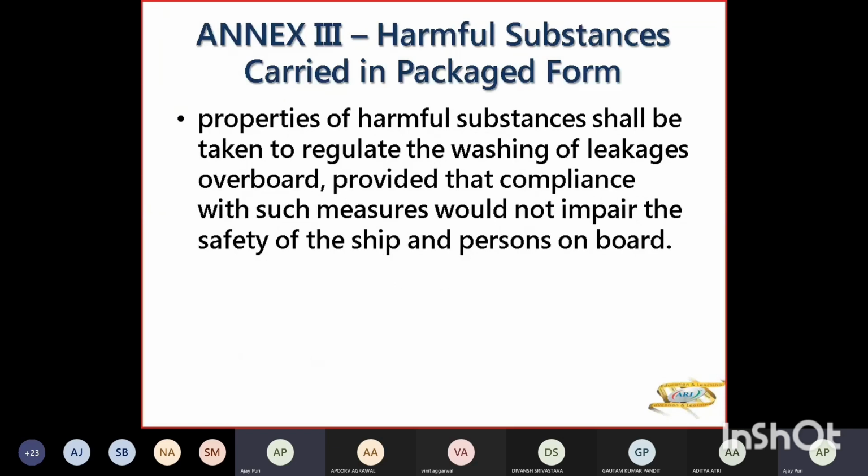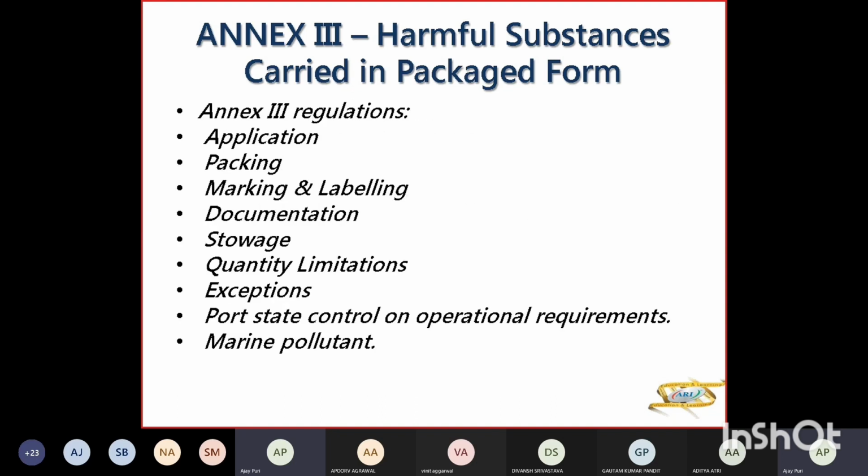तो कई क्या बात है, कोरोना वायरस का वैक्सीन ले जा रहा है, उसमें वो लिमिटेड क्वांटिटीज में लेके जा रहा है। अब उसमें वैक्सीन में तो वायरस है तो उसकी अकॉर्डिंगली ये देखना है कि कहीं वो टूट ना जाए, वो वायरस कहीं लीक ना हो जाए पानी में या शिप में, जिसके कारण बाकी अफेक्ट हो जाए। ये ध्यान रखें कि इनसे आप दूसरों को अफेक्ट ना करें, क्योंकि उसमें बायोलॉजिकल एजेंट भी जाएंगे तो उसको कैसे लेके जाएंगे। तो इसमें क्या क्या आएगा, एप्लीकेशन, पैकिंग, मार्किंग, लेबलिंग, डॉक्यूमेंटेशन, स्टोरेज, क्वांटिटी लिमिटेशन, एक्सेप्शन क्या है, पोर्ट स्टेट कंट्रोल कैसे चेक करेगा, मरीन पोल्यूटेंट का डिक्लेरेशन।